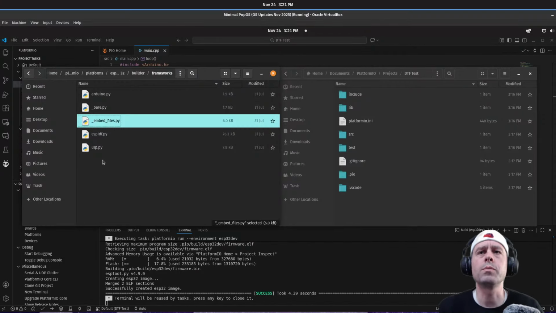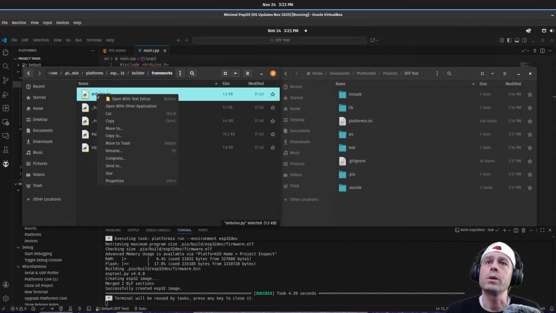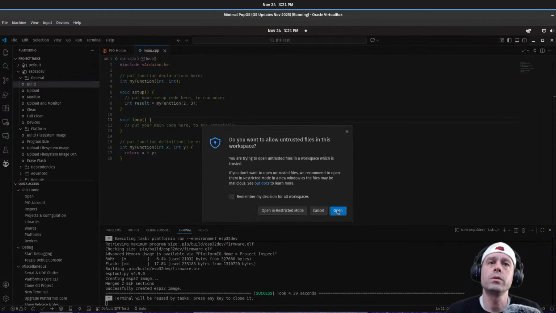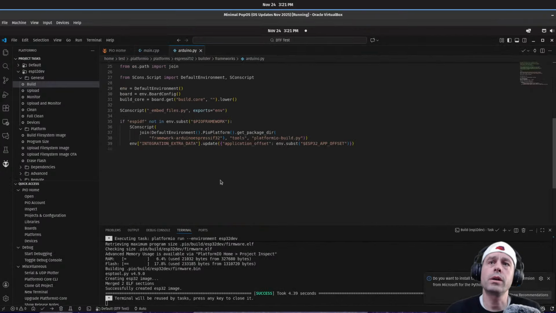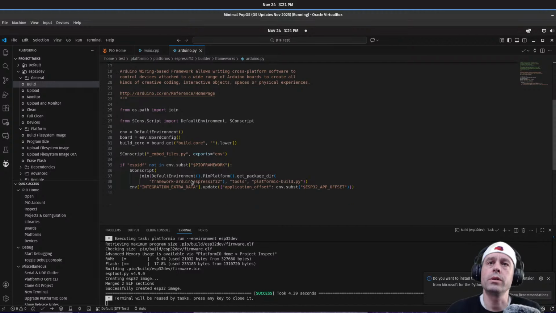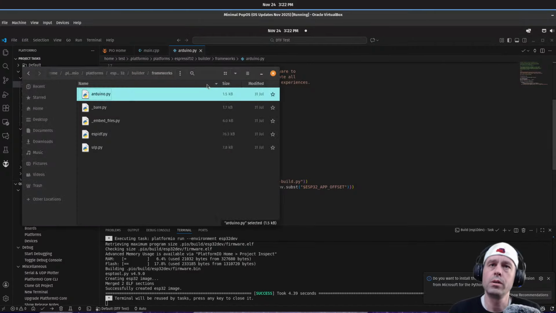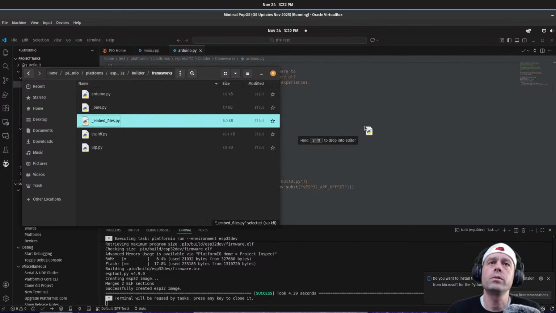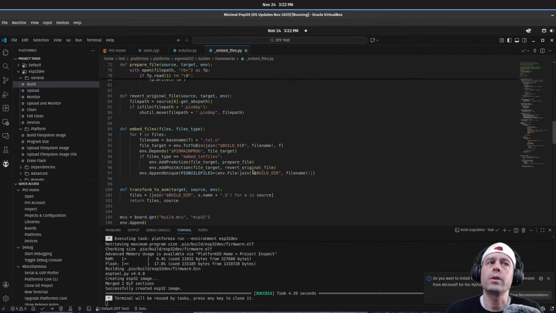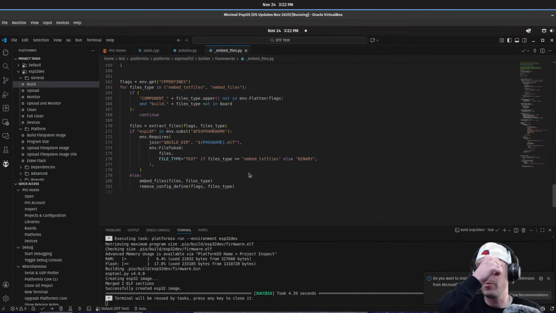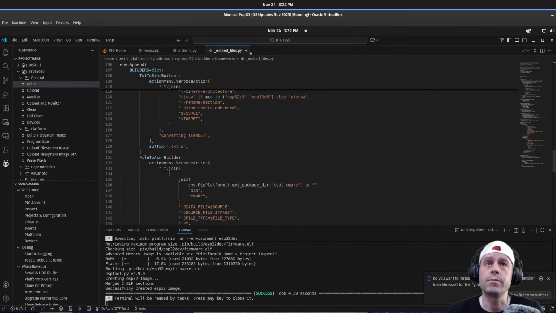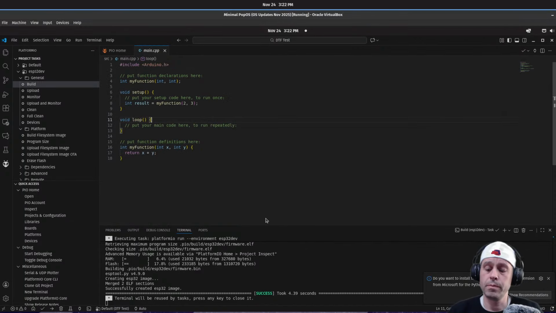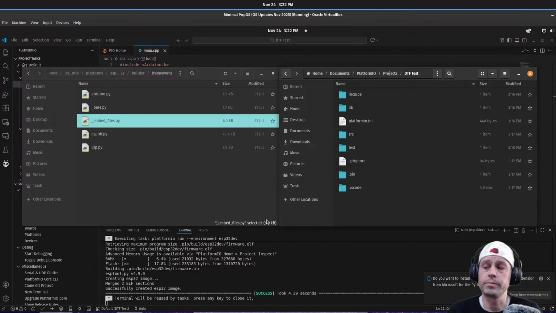But these are just Python programs that if you open, for example, let's drop this Arduino Pi into our VS Code terminal here. You can see it's got less than 40 lines of code, most of which are just the header here. And it's just saying, hey, there's this embed files, build core. There's not a whole lot going on here. And so let's look at embed files. Okay, extract files. It's a little longer, but it's not crazy. And so I'm not seeing any IDF framework stuff here, which I was expecting to see.